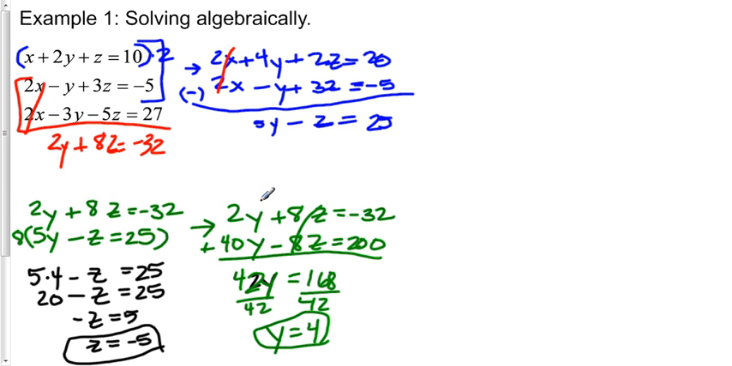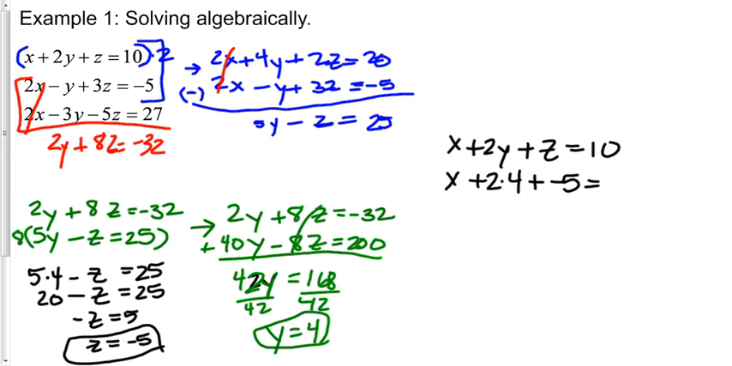So you go back into one of the original equations that has x, y, and z in it, plug in z equals negative 5 and y equals 4, and then solve the equation for x. I'm going to use the top equation. So the top equation says x plus 2y plus z equals 10. X is what I'm trying to find. I know that y is 4, so I'll plug that in, and I know that z is negative 5, so